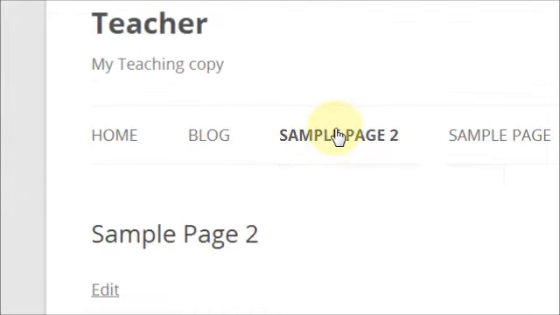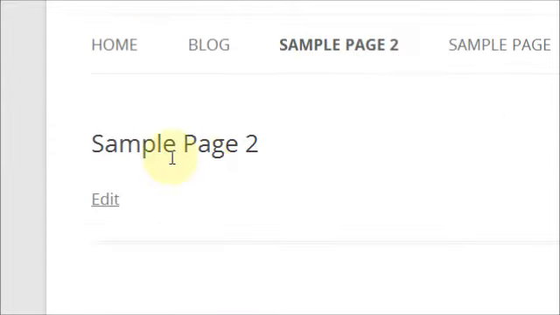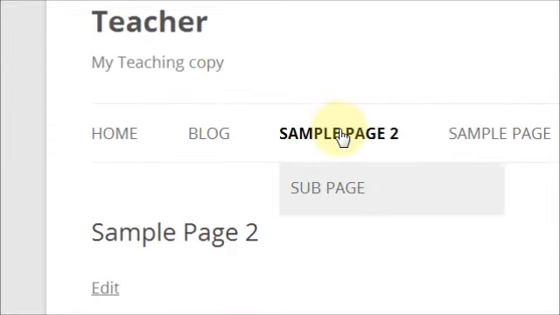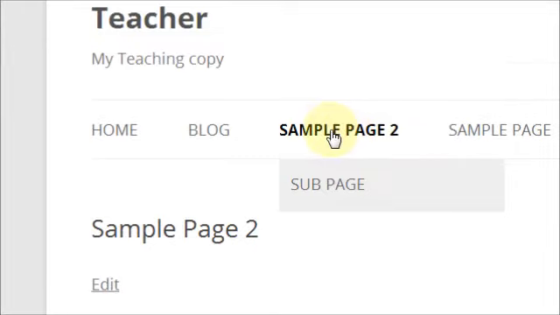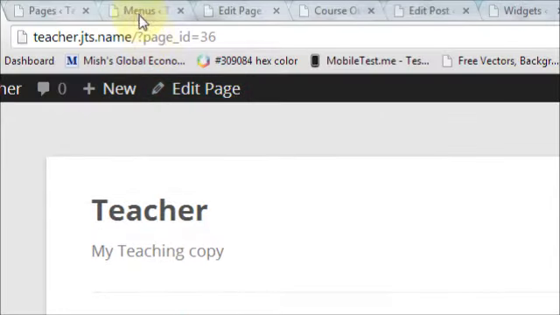What if I just want to disable this sample page 2? I don't want it to appear as a page. I want to make it into a drop down list, but I want this one to be disabled, not to go to any page. So you can do that as well by going to menus,